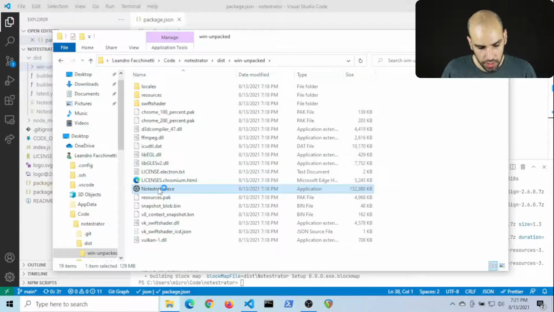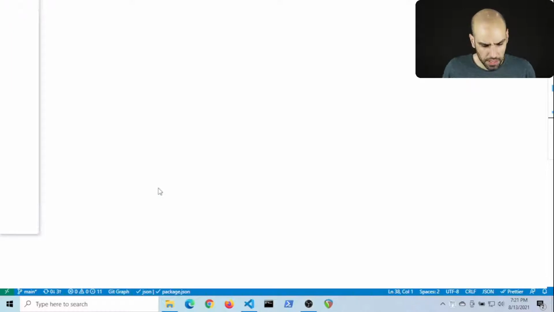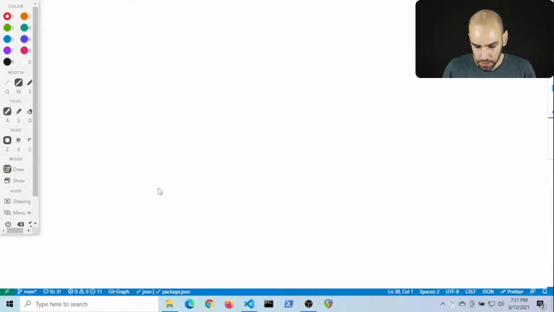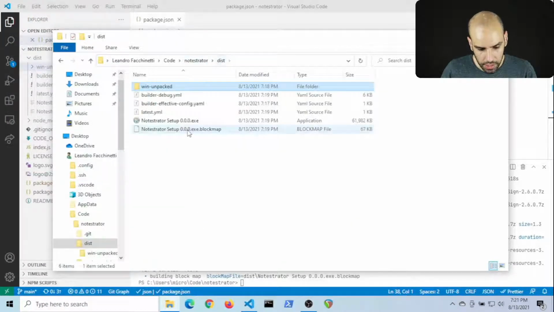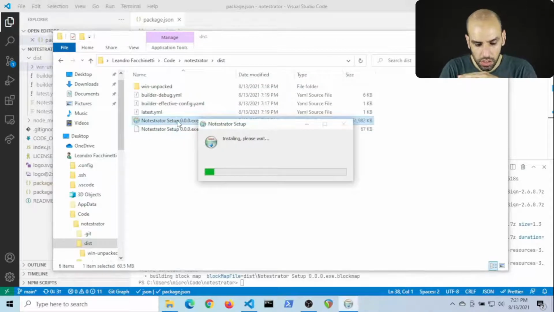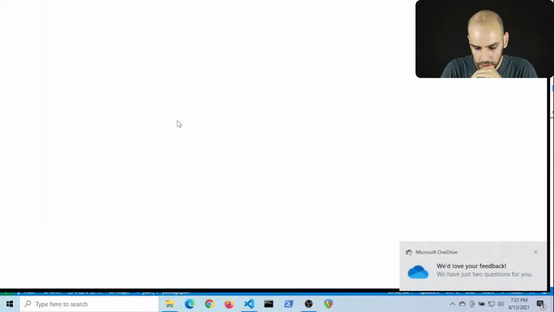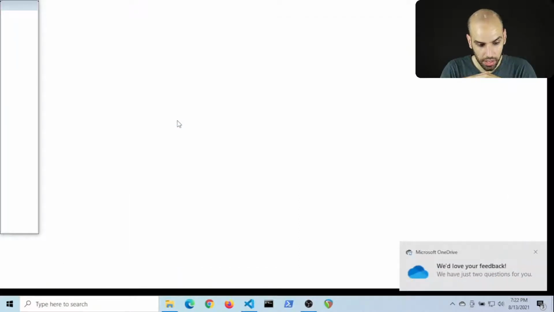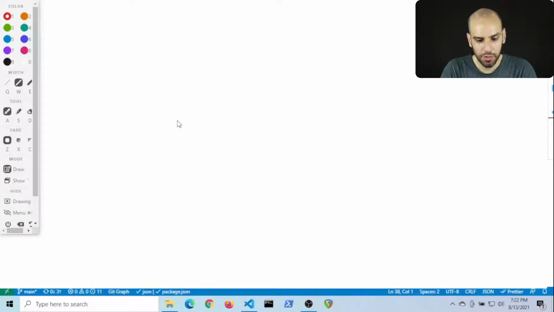So Notestrator, if I just run it, I think it will just run. Yep, and it's even faster than running on the command line, I think, but by a small margin. So we can quit that. And then here, I think is an installer. Isn't that cool? Oh, it installed and started running. So I thought it would give me one of those next, finish things, but no, it just installed.